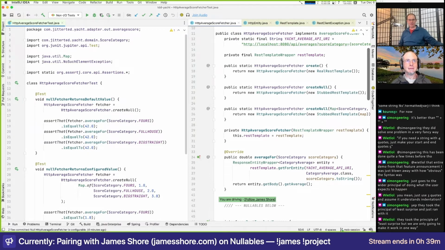Ted has gone. People speak of him fondly. They say, that's the best this code's ever been. And somebody gets a requirement. People aren't paying as much money as they would have because they think that their score isn't good enough. What I want you to do is make all the averages half as big. And the programmer says, well, I know the easy way to do that. And they don't really think what's the right way to do it. They think what's the easy way to do it. Of course. And they come in and they change line 39 on the right and add a divided by 2